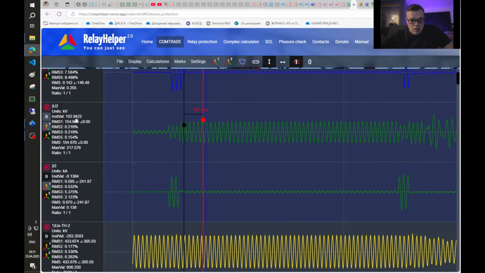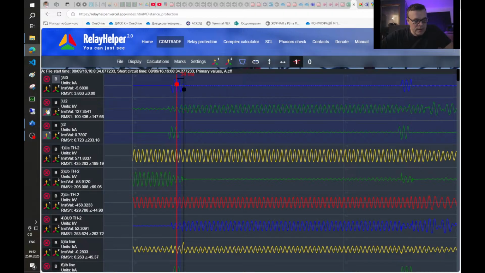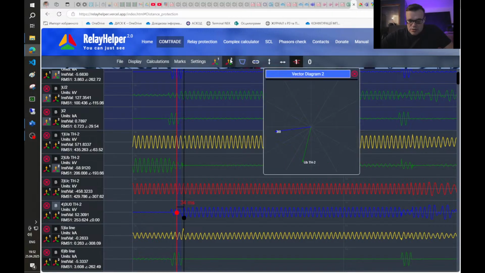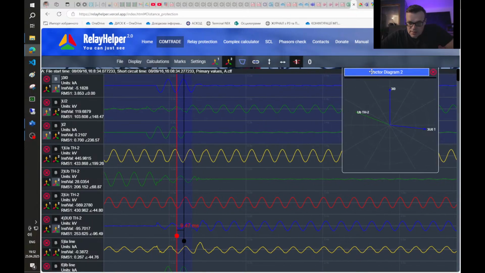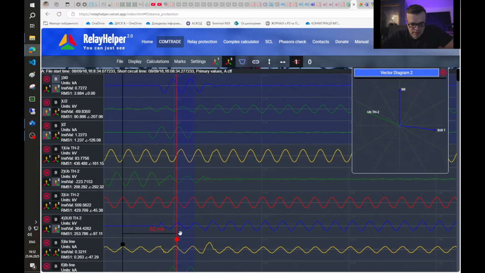Okay, here it is. I make it all smaller, make it a base channel, and add to the second vector diagram. Also I'm adding voltage on the faulted phase and zero sequence voltage. So, I want that to be the base. So let's see. This is the relationship during the fault,